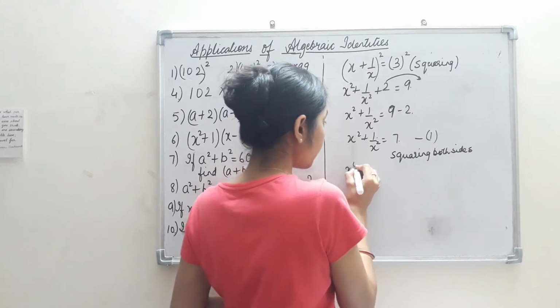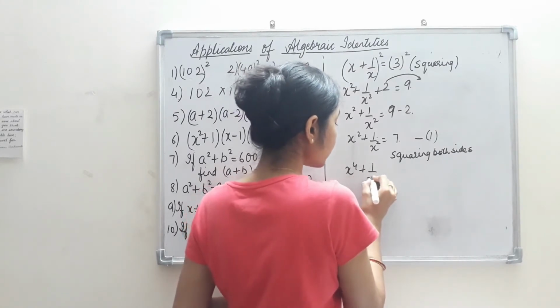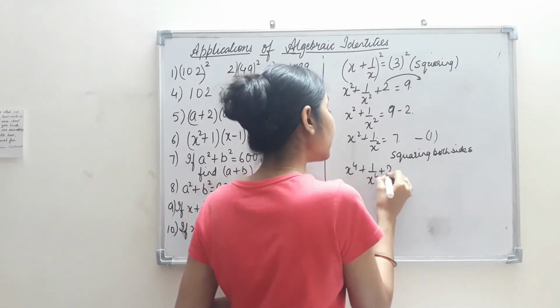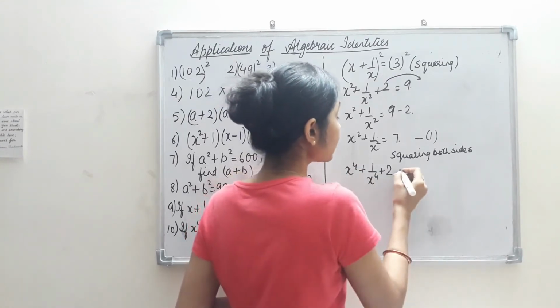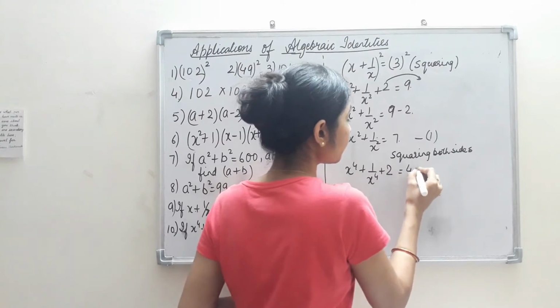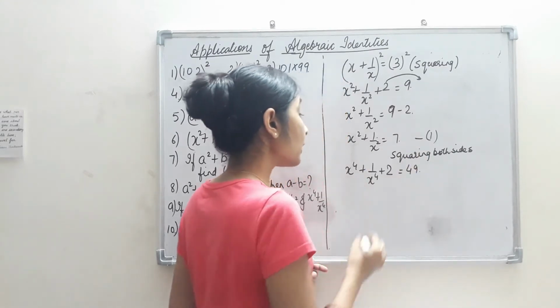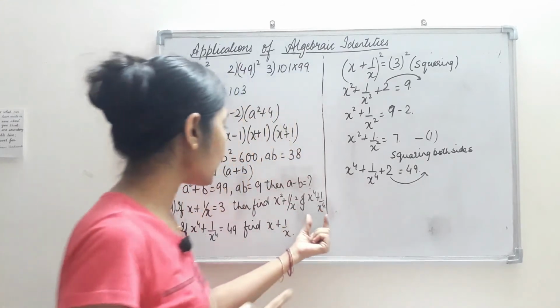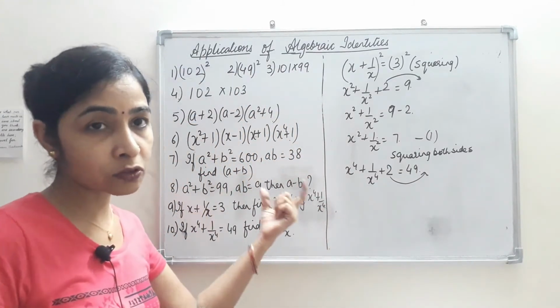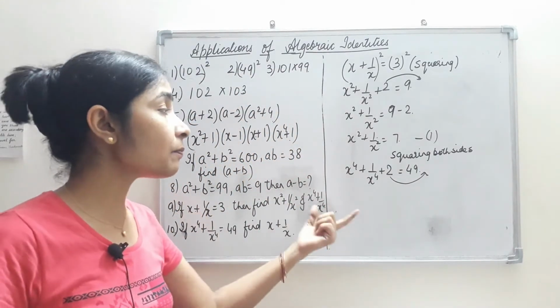x raised to the power 4 plus 1 upon x raised to the power 4 plus again 2 we get, because 2ab, every time we get 2, and 7 sevens we get 49 here. Again, this 2 is the like term of 49. Moreover, we are asked only the value of x raised to the power 4 minus 1 upon x raised to